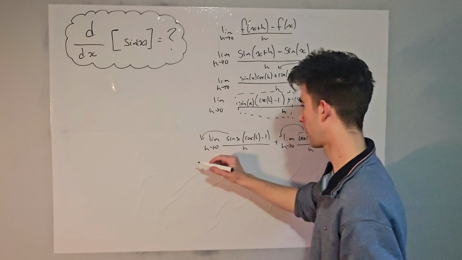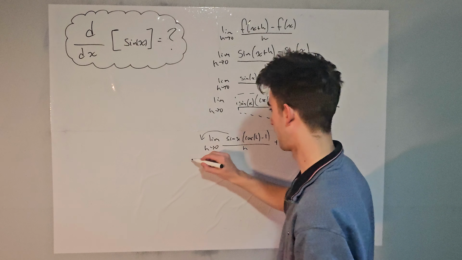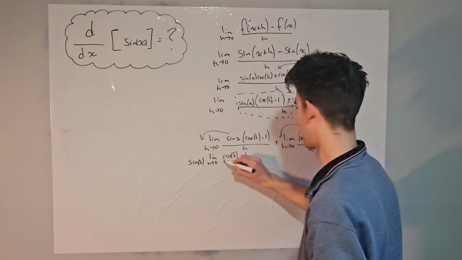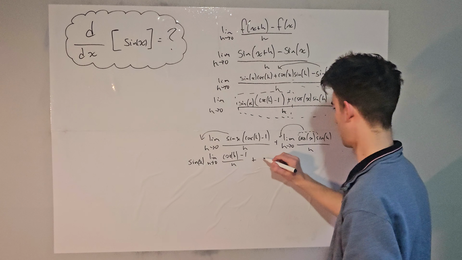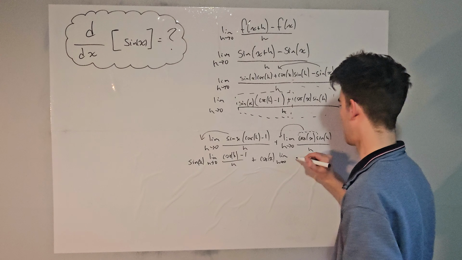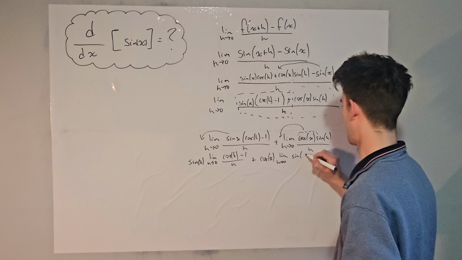So I'm going to rewrite this. We're going to have sine x times the limit as h approaches 0 of cos h minus 1 over h, plus cos x times the limit as h approaches 0 of sine h over h. Hopefully this looks a bit familiar. We have two fundamental trig limits, and I have separate videos on each of these going over where they come from. For today though, all we have to know is that this here